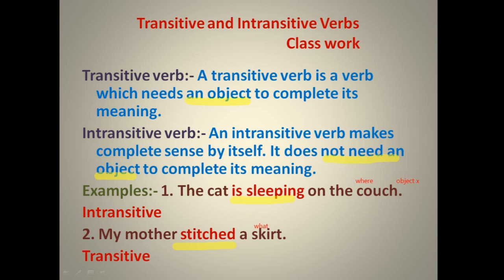If you remember, question words. What are the question words? What? Then the next one, that is who. Next one, to whom. And the last one is for whom. Don't forget, students, whenever you are going to attempt this question of transitive and intransitive verb, just write these 4 question words. Okay, like this. And then just do all the questions. Fine. Now let's see further.